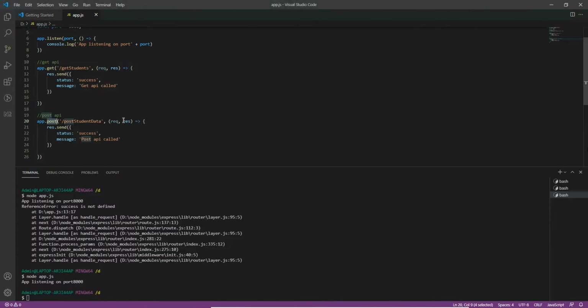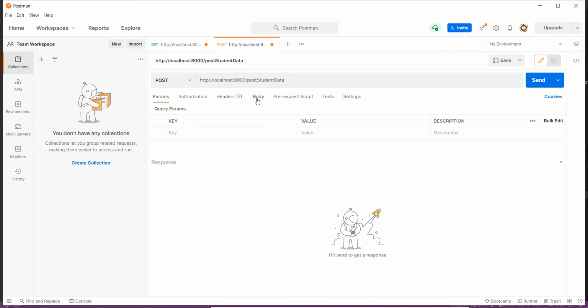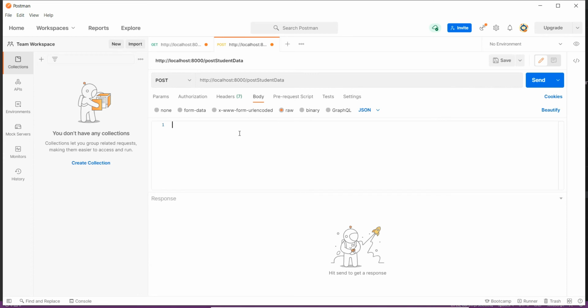And I told now that we can send request body. So how to send that? Select this one and select raw JSON. Okay. So here you can send the data which you want to send. For example, now it's API is post student data. Okay. So we can send